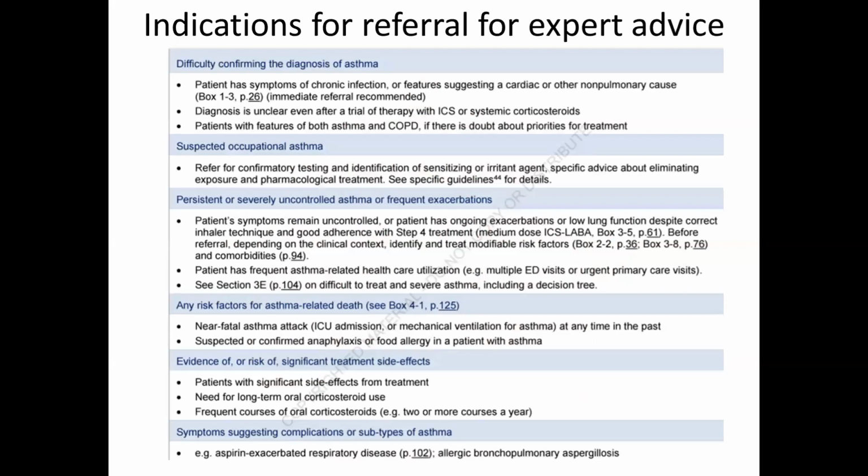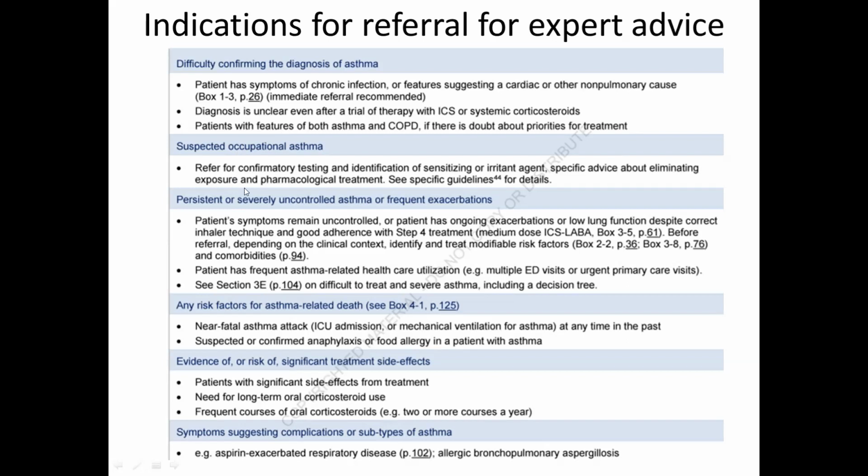Now coming to indications for referral for expert advice. In certain situations, you have to refer the patient for expert advice. Like if you have difficulty in confirming the diagnosis of asthma, like in situations where the patient has symptoms of chronic infections or features suggesting a cardiac or other non-pulmonary cause, or the diagnosis is unclear even after a trial of therapy with ICS, or in case of a suspected occupational asthma, always refer for confirmatory testing and identification of the sensitizing